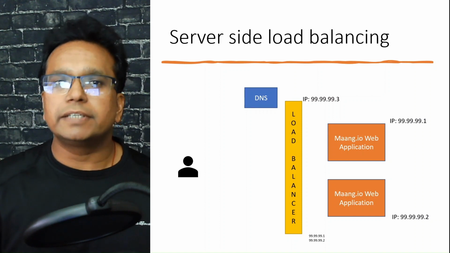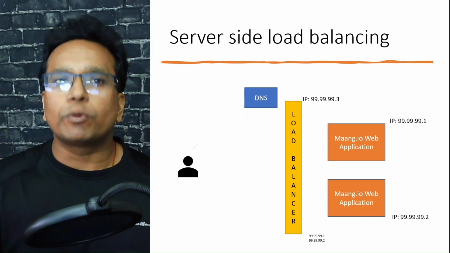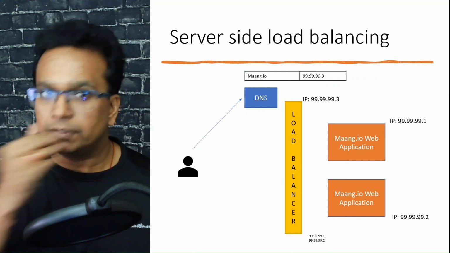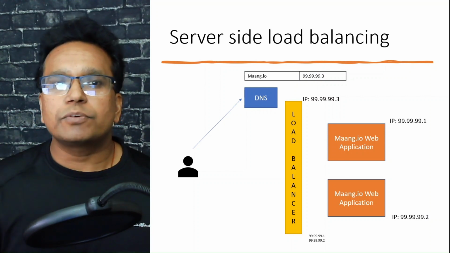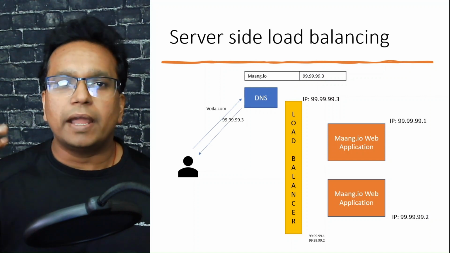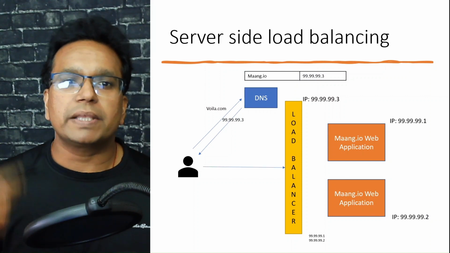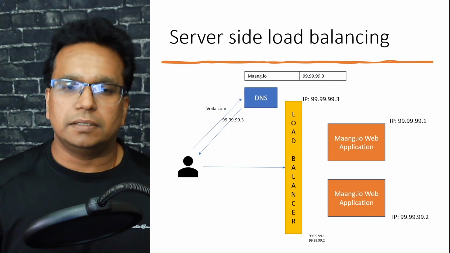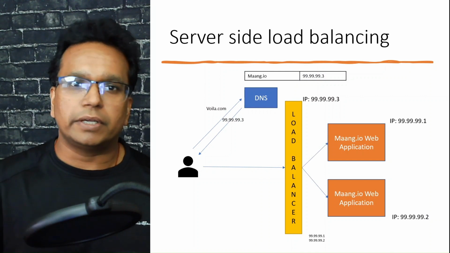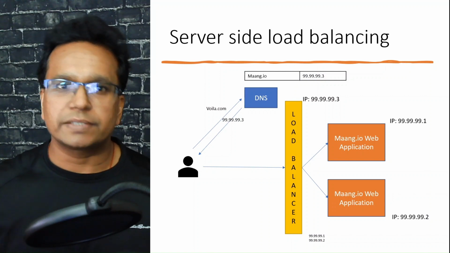And then, as we did earlier, we are going to register the IP address of the load balancer to my domain name. So now my monk.io is actually mapping to the IP address of the load balancer. Now when a client has to make a request, it goes to a DNS, it gets the IP address of the load balancer, and then the client makes a request to the load balancer, and the load balancer picks one of the IP addresses depending on the distribution algorithm that it is using. It will direct the traffic to the monk.io application instance 1 or 2. So that is how the server side load balancing works.